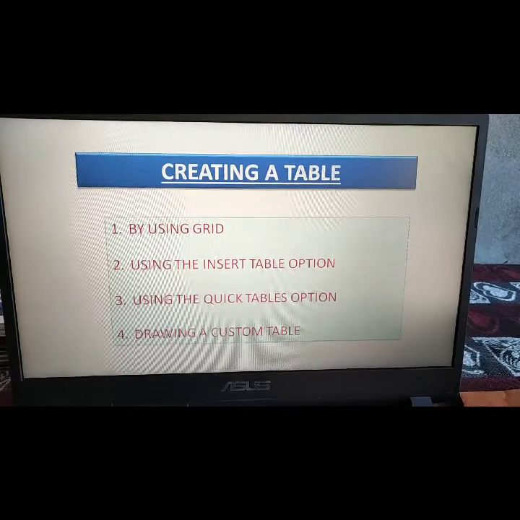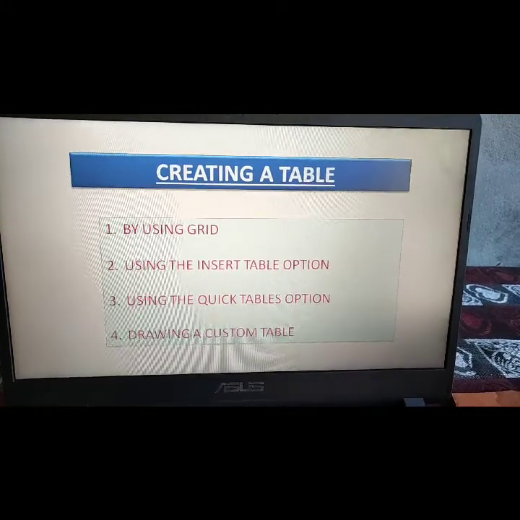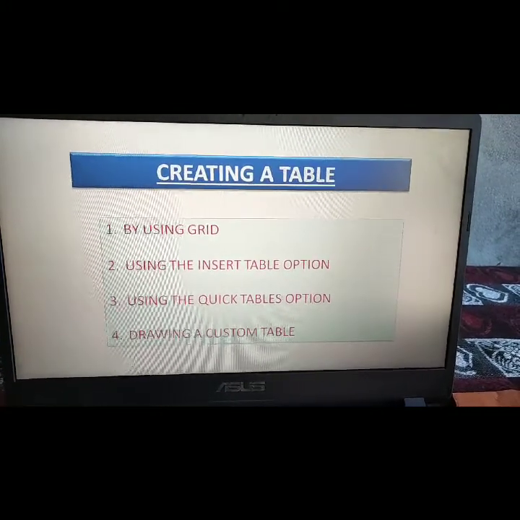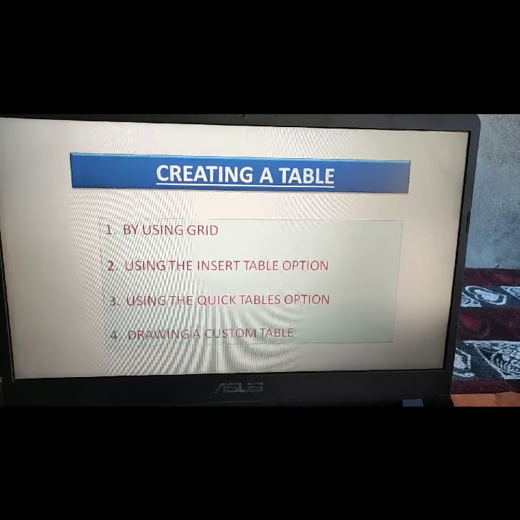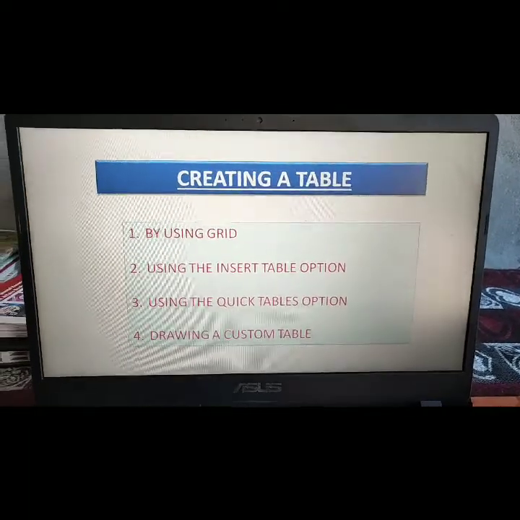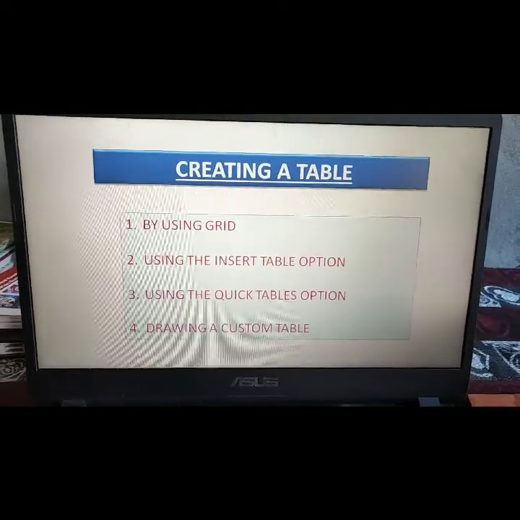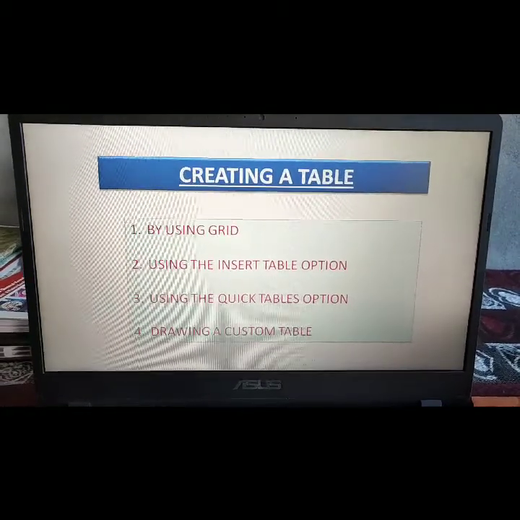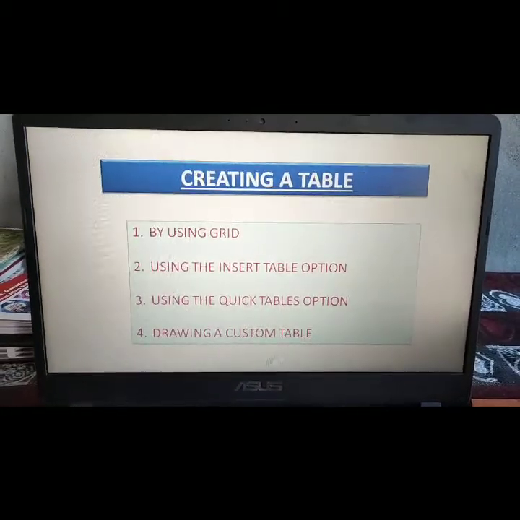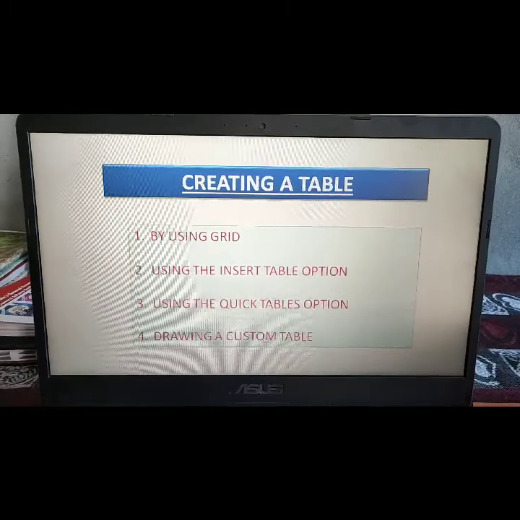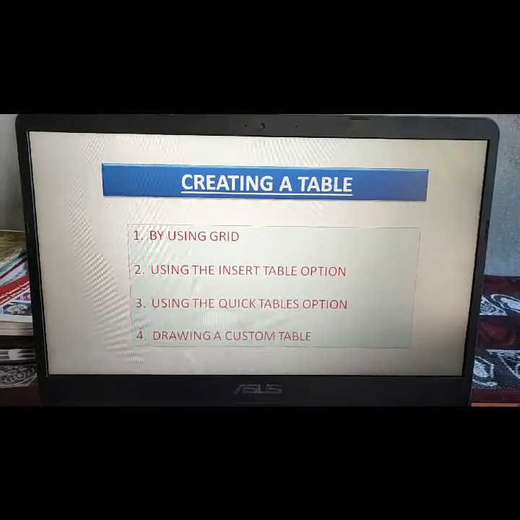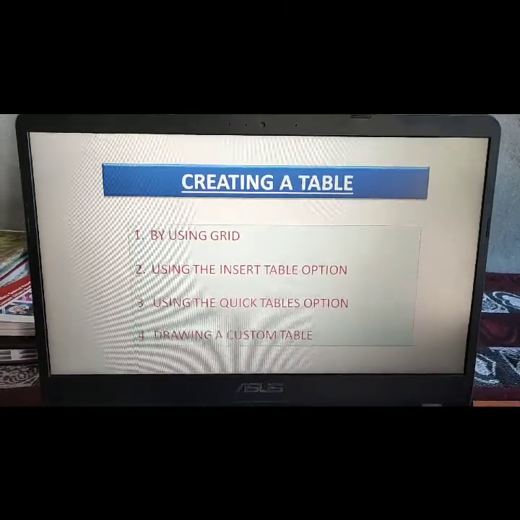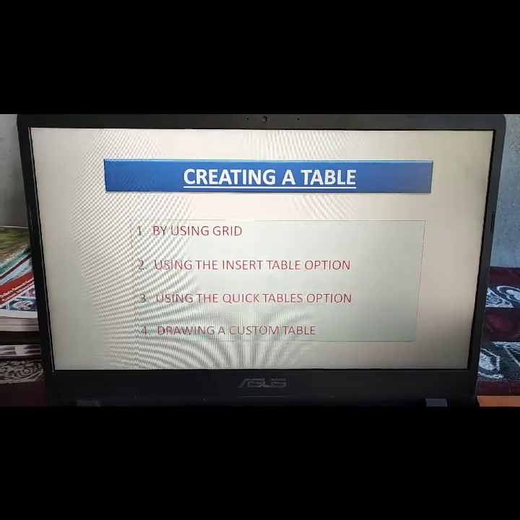We can create a table with the help of the following methods. First one is by using a grid. That means by using a grid we can insert a table in our document. Second, by using the Insert Table option, this is the second method to insert a table in our document.